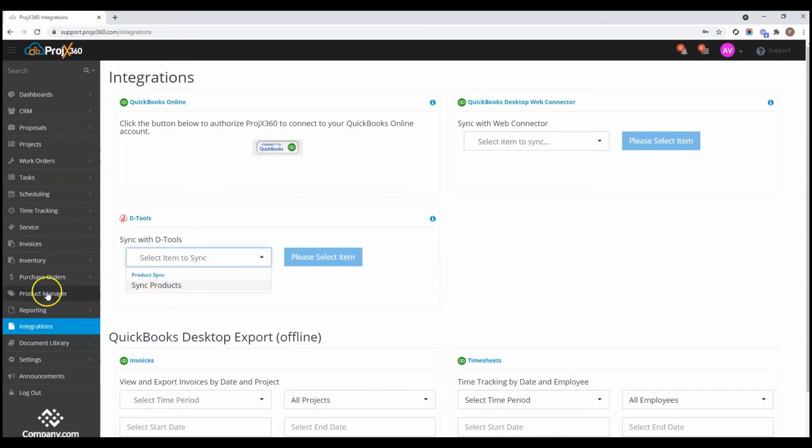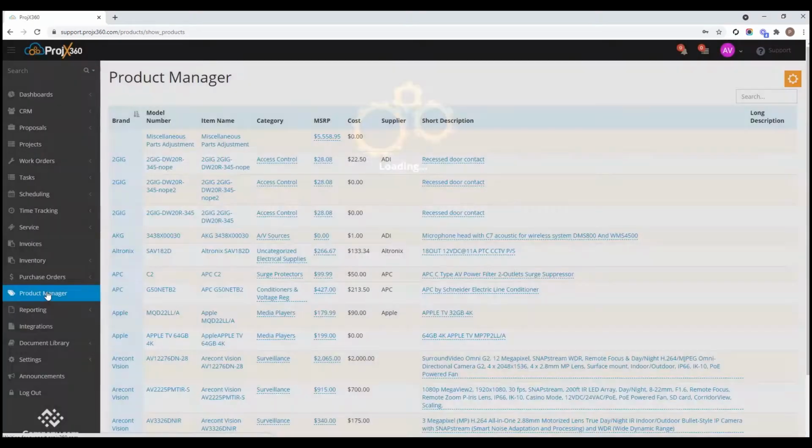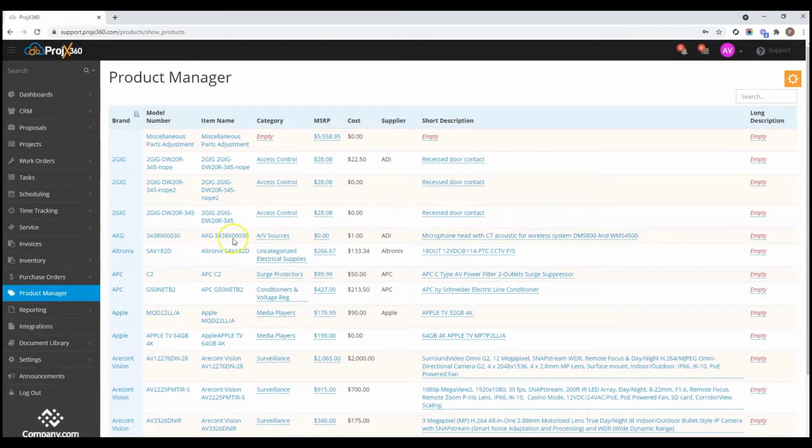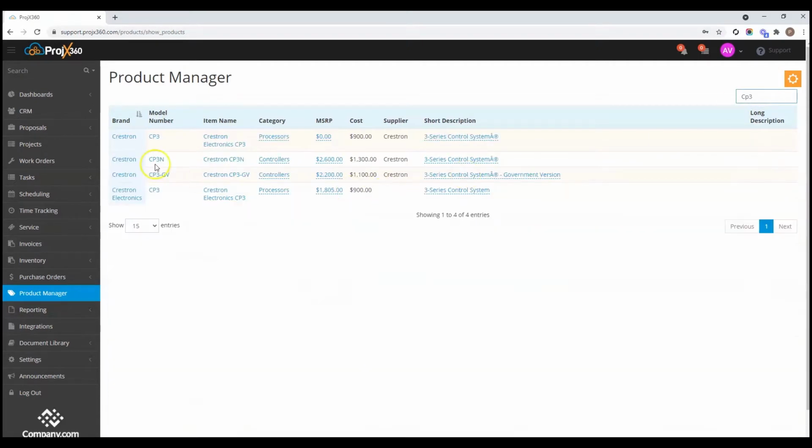So to do a product sync, you're going to want to make sure in our Product Manager, if you already have a database of products in ours, that the Projects 360 brand and model number match your DTools manufacturer and model number. So for example, I'll look up a CP3 Crestron. So you can see we have one here and also one here. Keep in mind you will end up with duplicates if these are different. So we already had in our system a Crestron CP3. So in DTools, you'll want to make sure it is labeled Crestron CP3 to avoid a duplication being pushed over